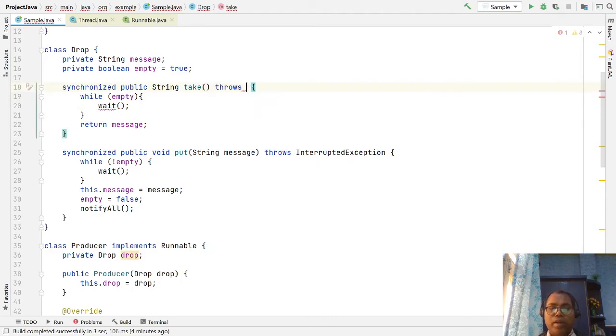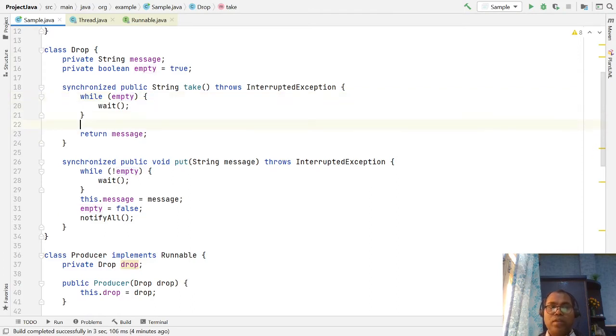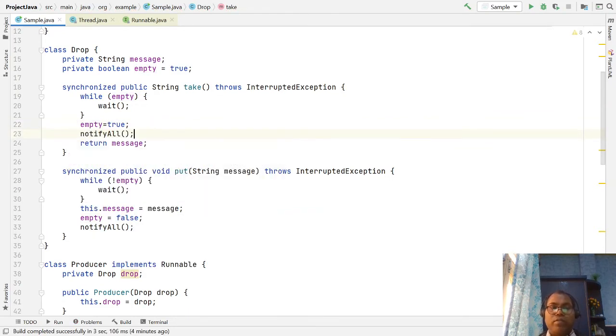Let's keep client handled InterruptedException. So wait, and whenever empty is set to false, then come here and set empty equal to true again and simply notify.